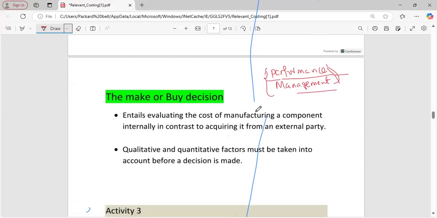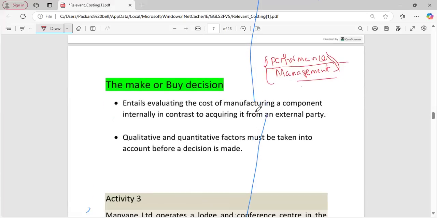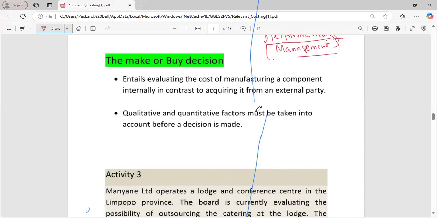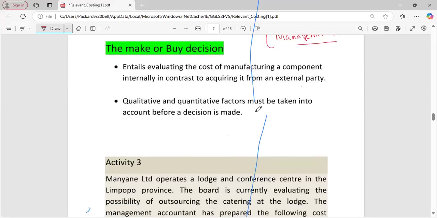But unless there's someone with another question, I want us to look now at here, make or buy decision. You want to decide whether to make or buy. You see here, we are having two options. It's either we have to make or we have to buy. So if the question is like this, you have to make a decision based on